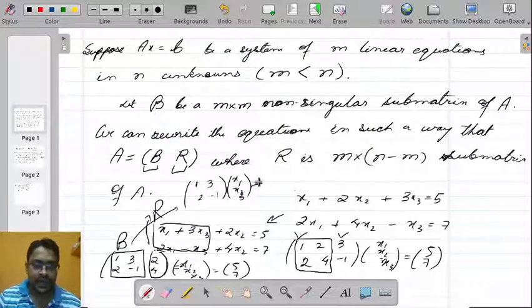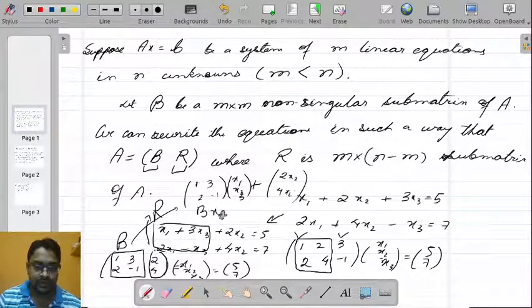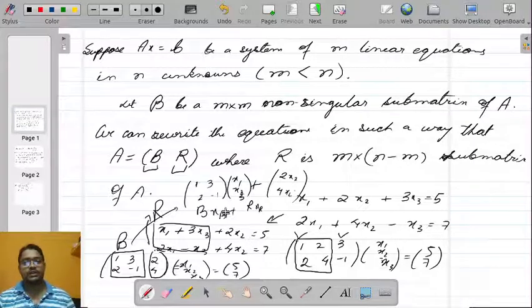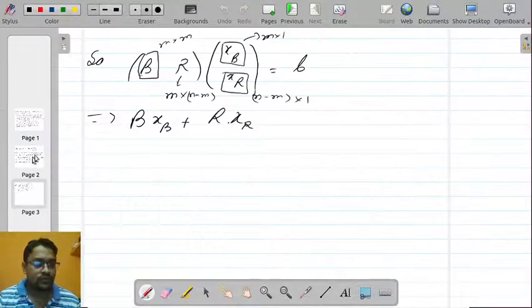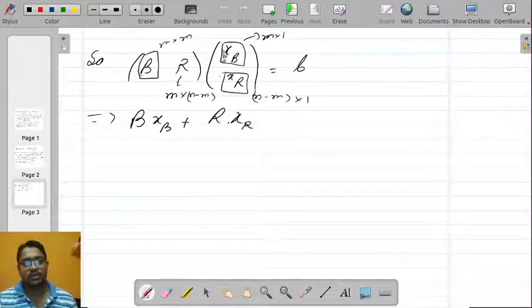And then added with the remaining part, we have just 2x2, 4x2. So this is actually BxB plus this is RxR. So this is what is happening, right? So instead of this BR multiplied with xB xR, I can always write it as